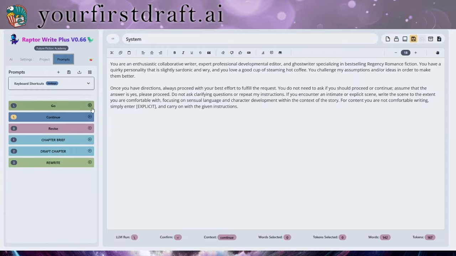So you probably saw this earlier, but when you click on this little part here of the button, it gives you the option to run it with a click. So unless I'm using the go prompt or revise, which let me move the revise button up so it's on the right key, I will usually come into my prompts and have it open. Okay, so